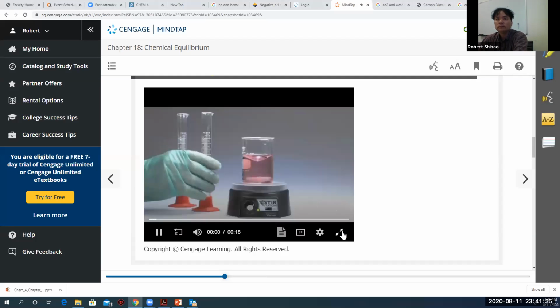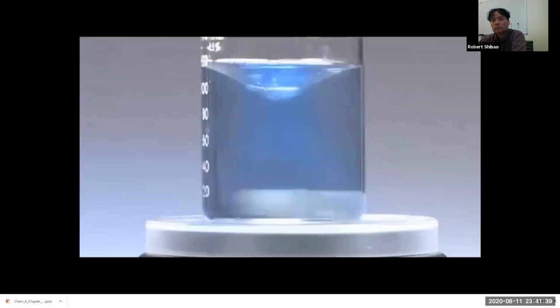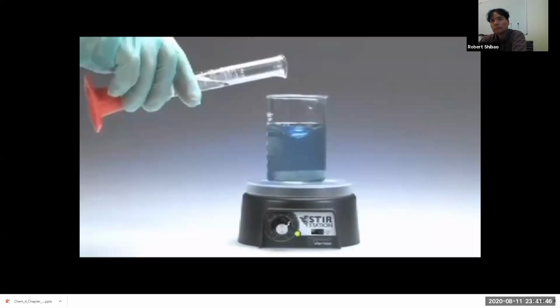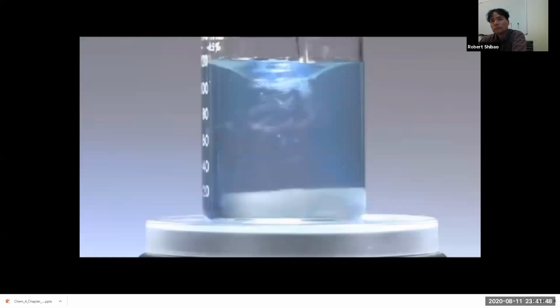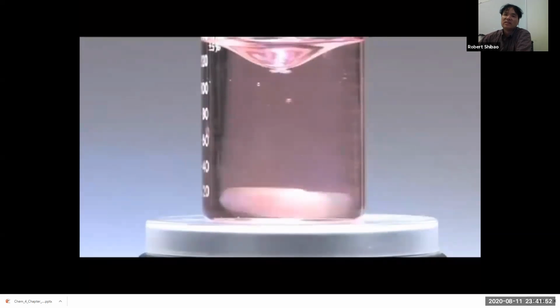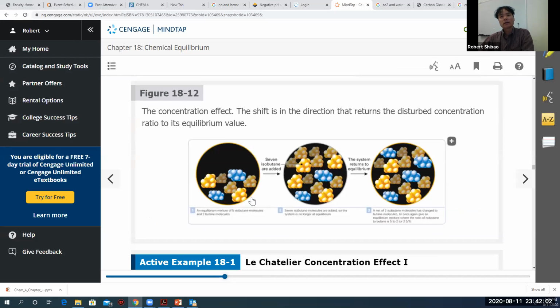The beaker contains a solution of cobalt 2 nitrate. A hydrochloric acid solution is added, and the solution changes color to blue. Water is then added, and the original pink color returns. So this is more Chem 1B. When the chloride and cobalt interact, it forms a blue complex, but you can add water and revert back by kind of